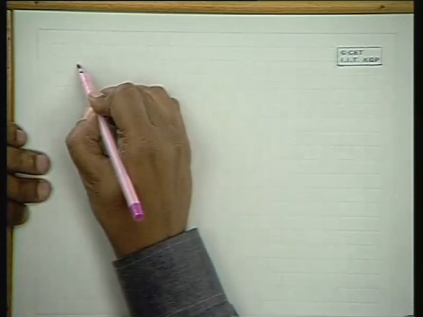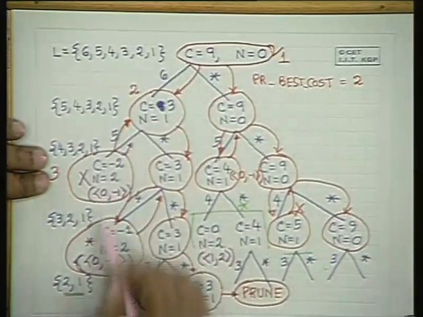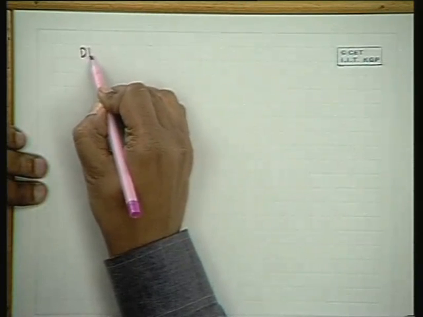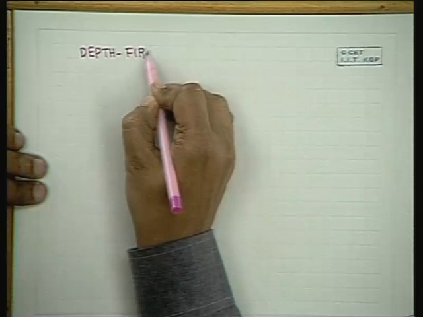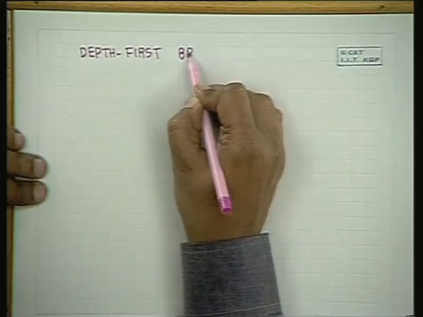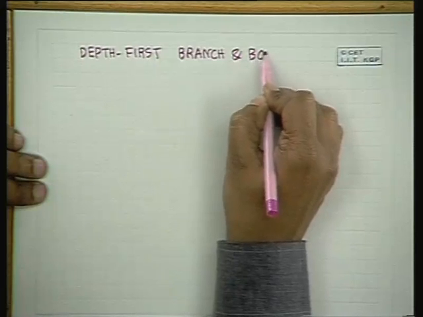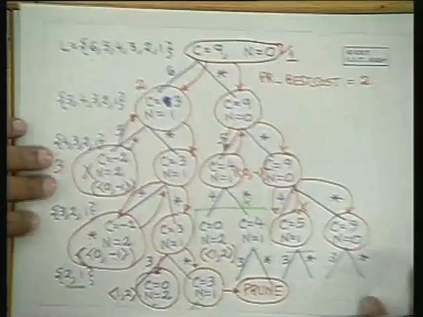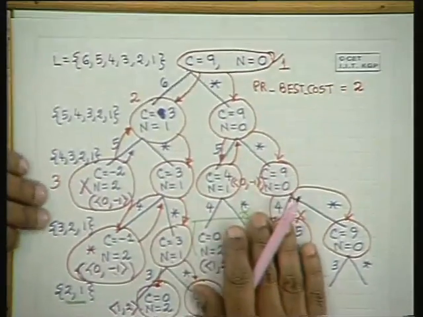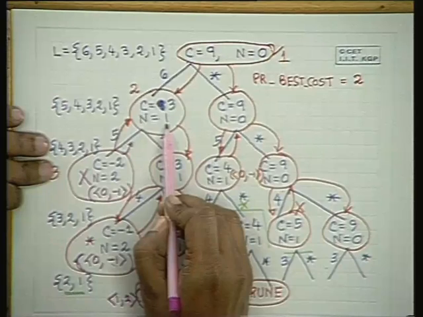This idea, since we are doing depth first search, going down like this is called depth first branch and bound. What is meant by bound? Branch is this branching, bound is I have got a value and I know that I can bound my cost